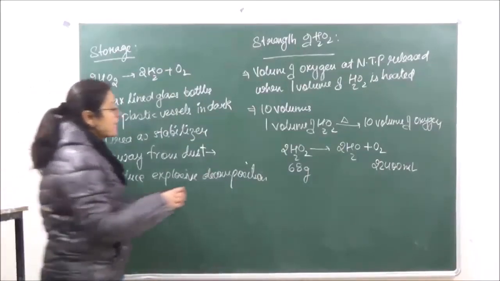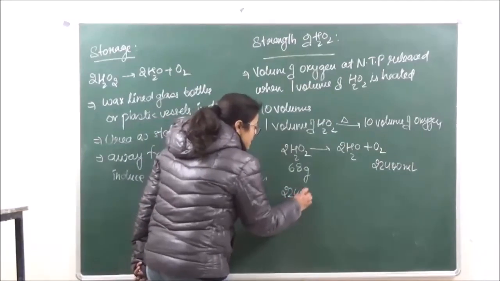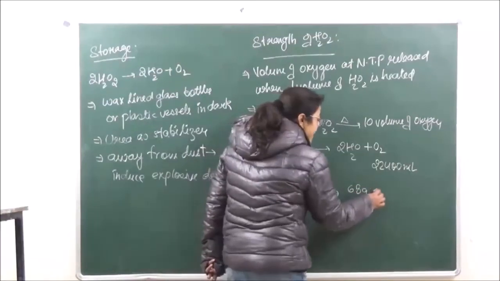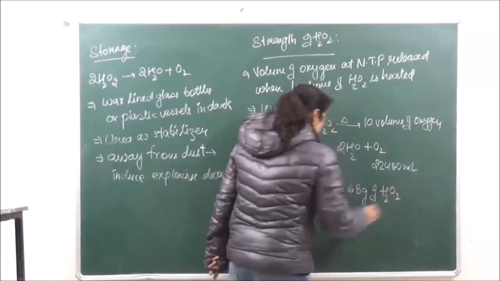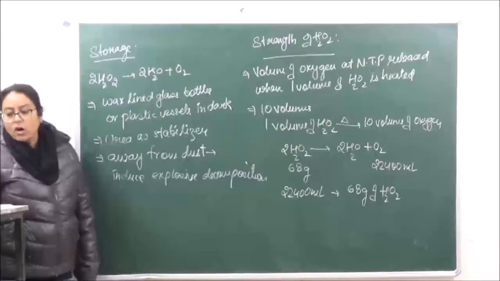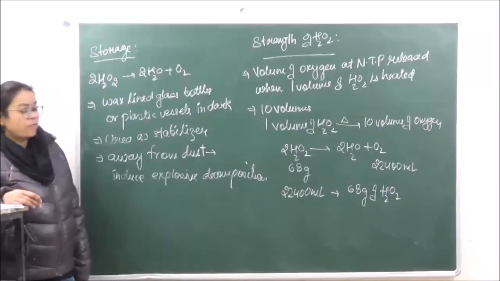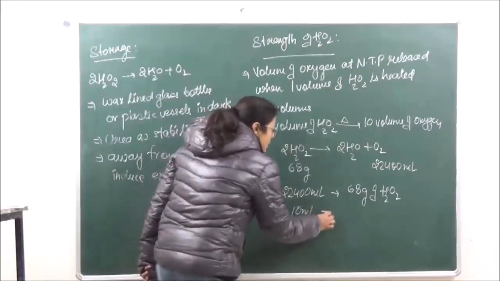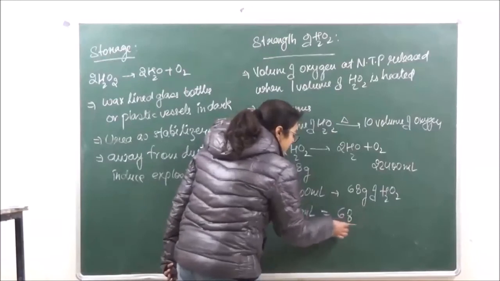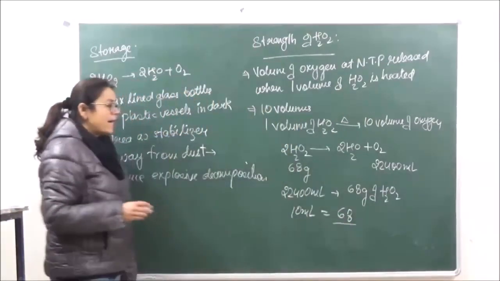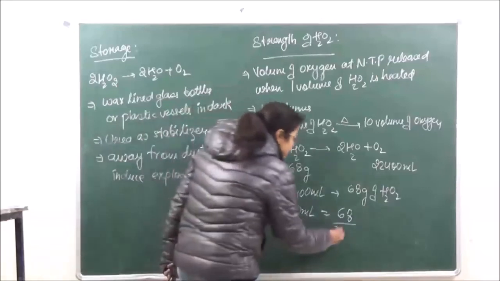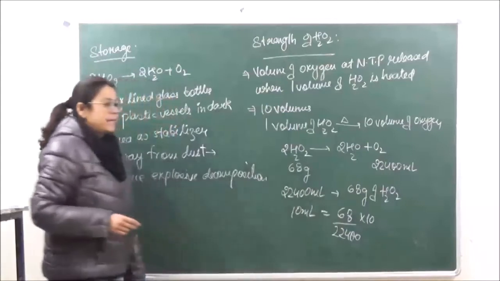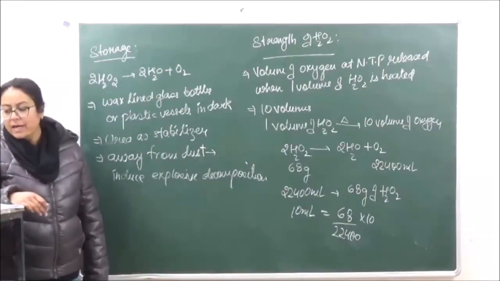Right? So it means that 22400 ml of oxygen is obtained by heating 68 grams of H2O2. Or in other words, 10 milliliters of oxygen will be obtained from how much? 10 milliliters will be obtained by 68 divided by 22400 into 10. Okay? So this comes to